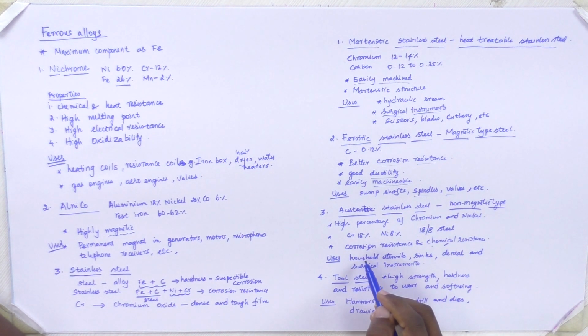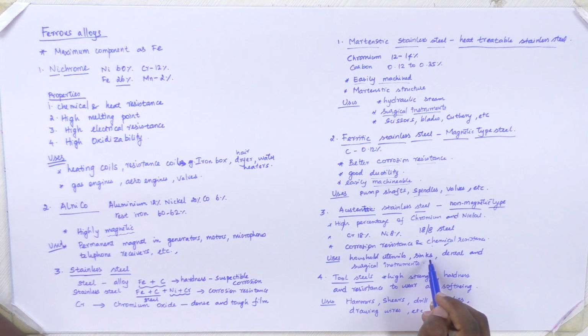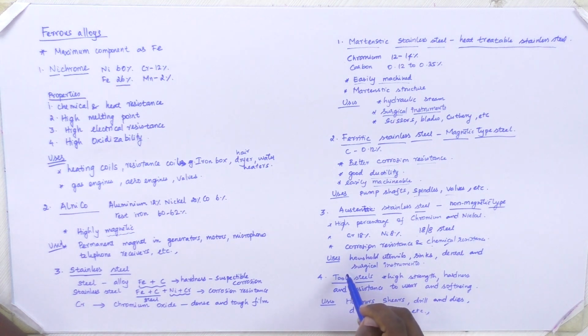That's why it is used in household utensils and in making sinks, and for dental reasons as well as for surgical instruments. The fourth type is tool steel, which is mainly used for making tools because of their hardness and high strength. So the materials which can be made out of it are hammers, shears, and for drawing